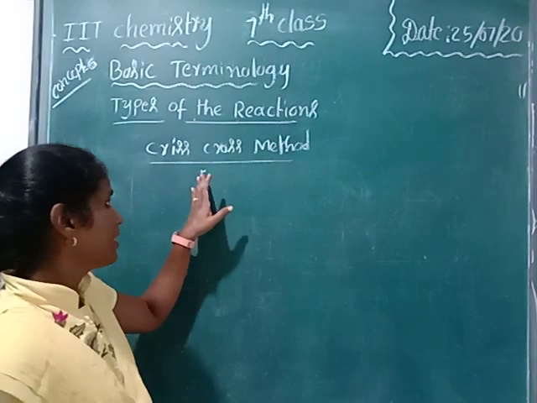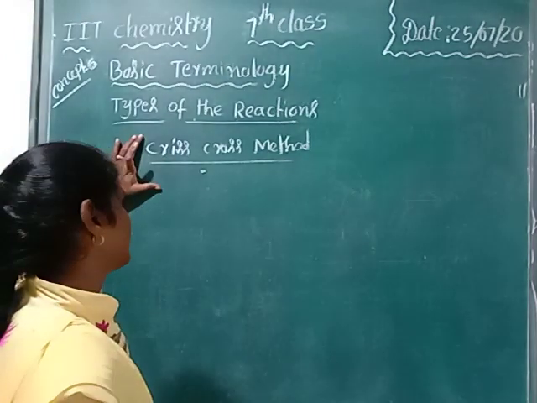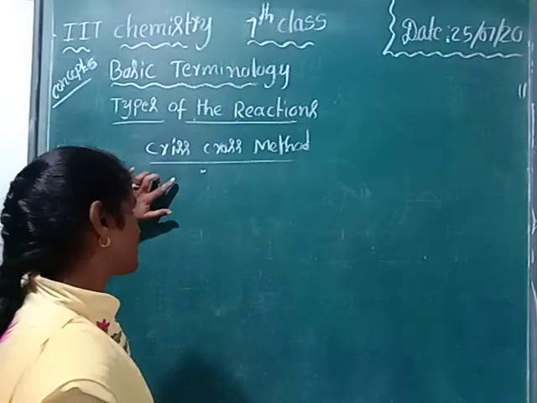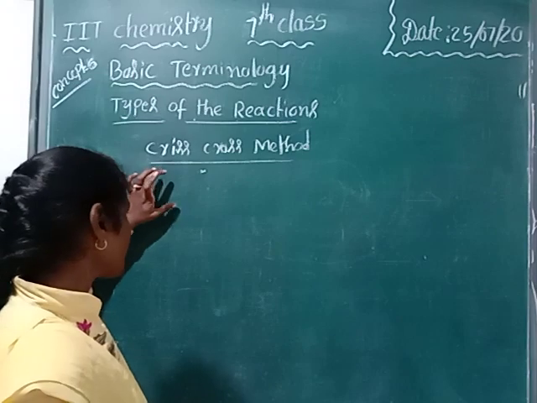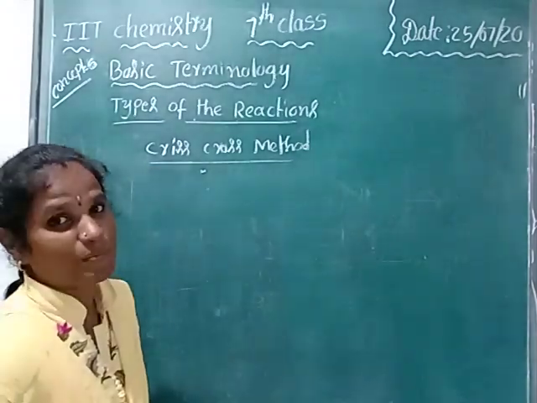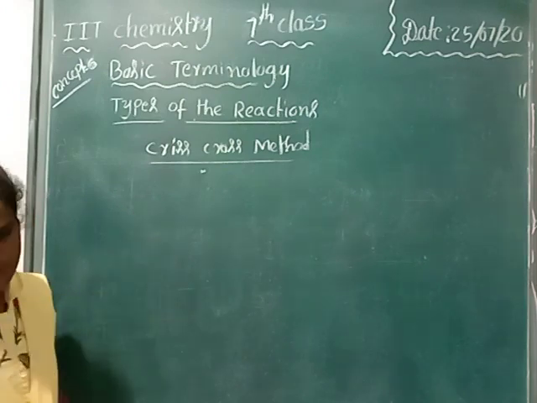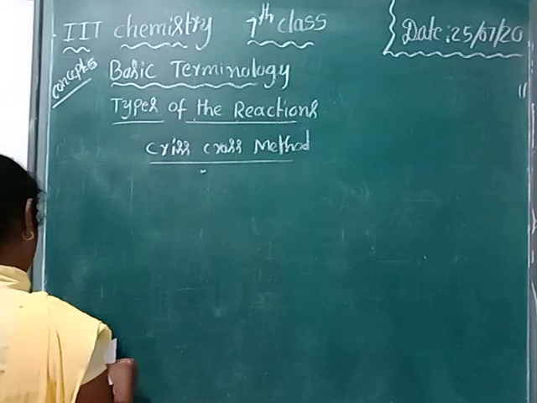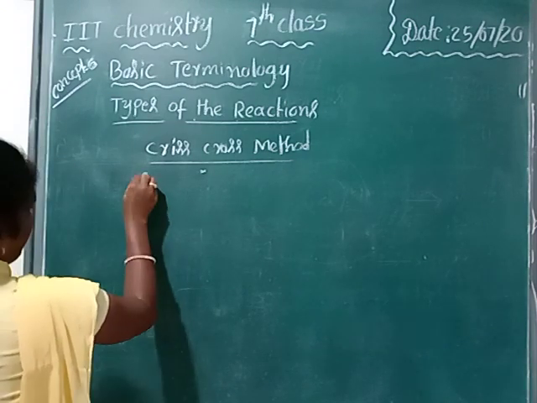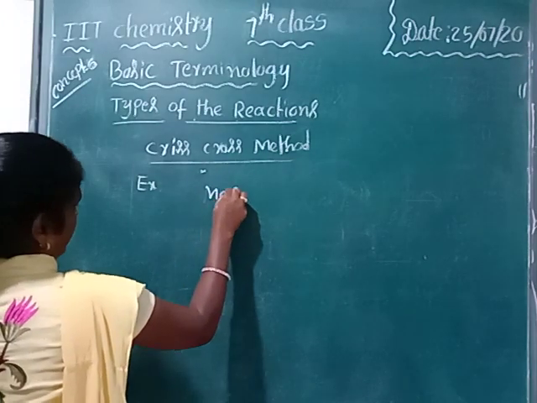Criss-cross method means that in a given compound, first you have to write the ions. After that, write the symbols. After that, apply the criss-cross method. Next, you should write the simplest ratio. We learned so many examples, children. For example, magnesium